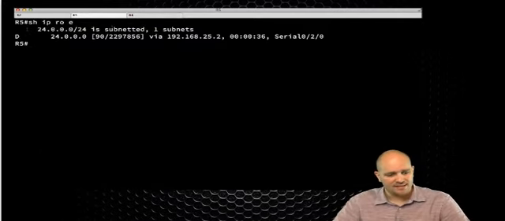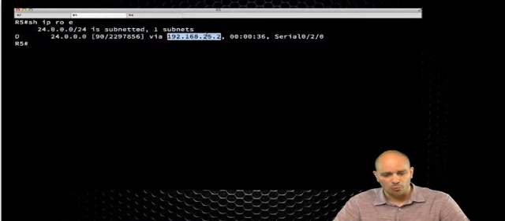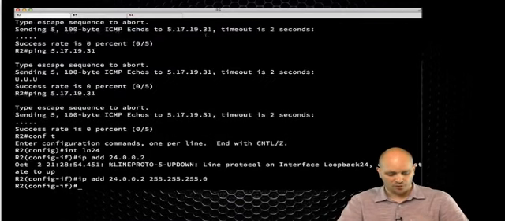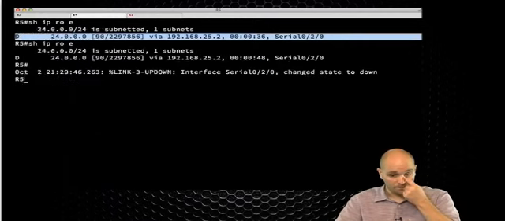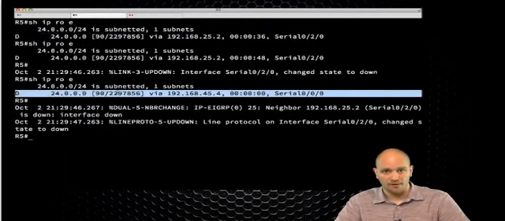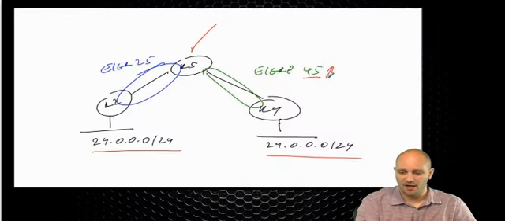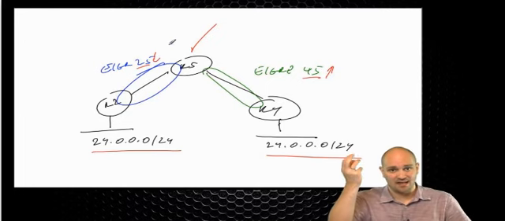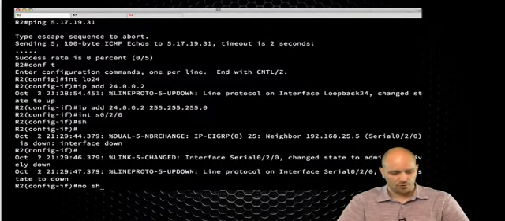So here I can see that the route from R2 is actually winning in the routing table. If I go to interface serial 0/2/0 and I shut it down, here I see that the one from R4 is now in the routing table. So remember, this process here has the higher value than this process here. So it's the higher AS value. So if I bring that interface back up, no shutdown,